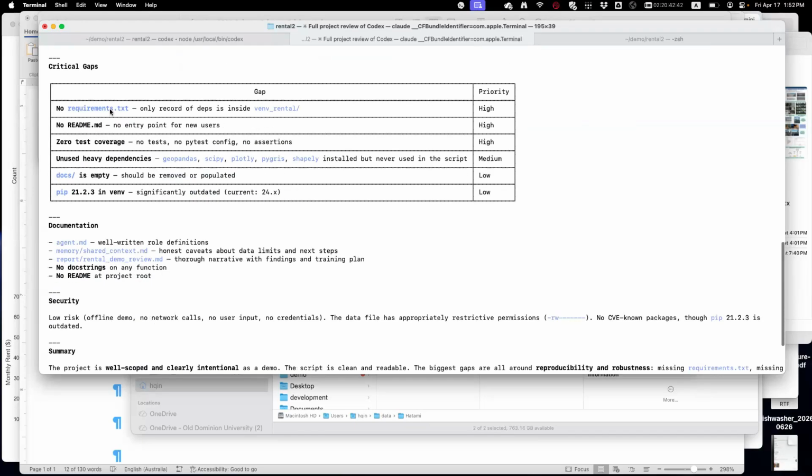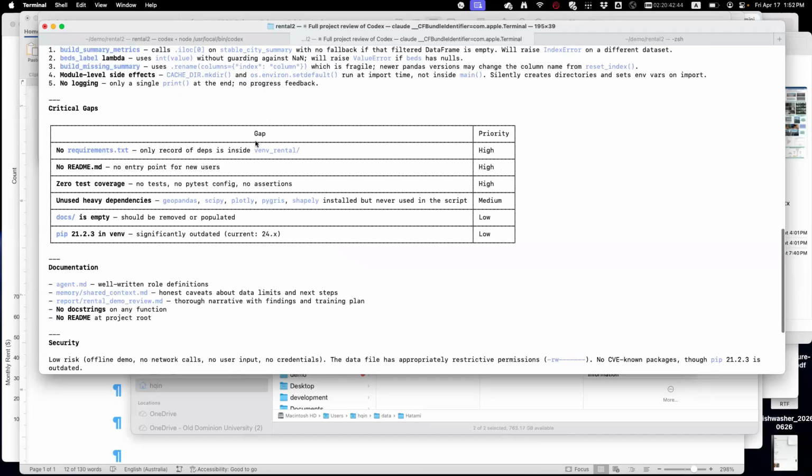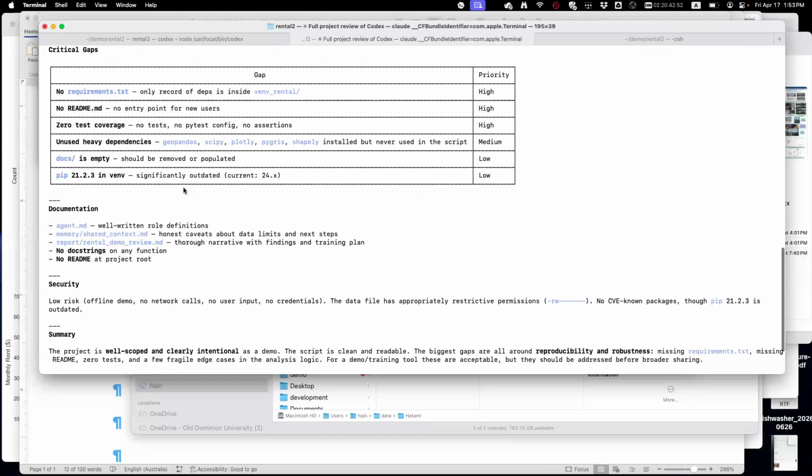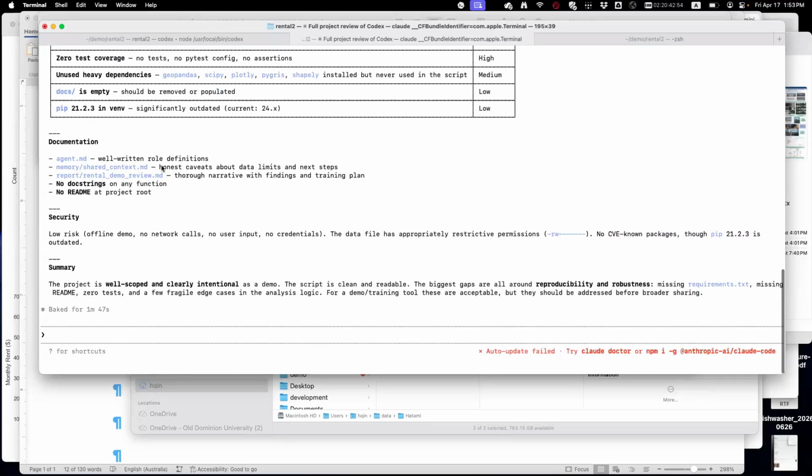There's no log. It says the virtual environment has no requirements, no README file. That's okay. I mean, we have 0 test coverage. Yeah, it actually does have some coding issues. Claude is very good at low-level coding issues. That's why it works so well across the environment.